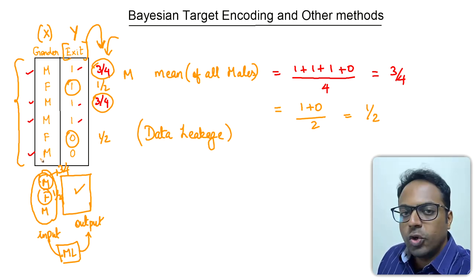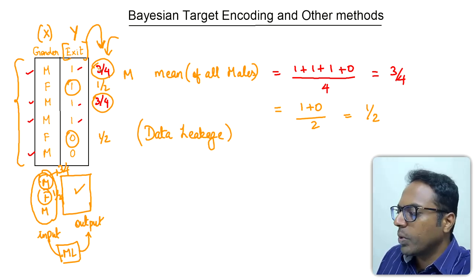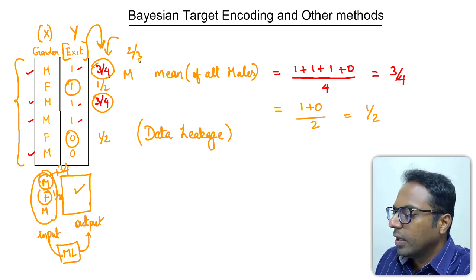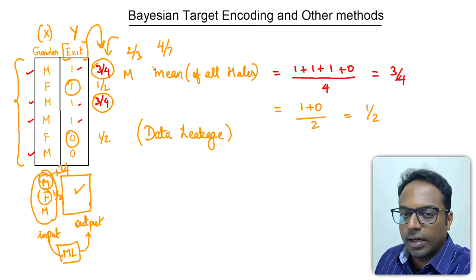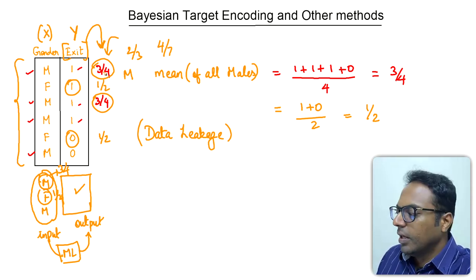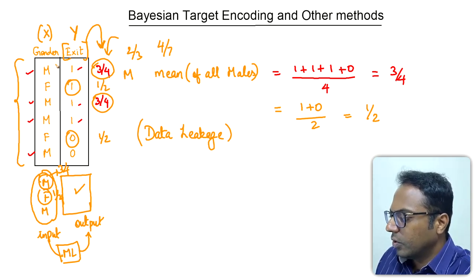Alright. As you accumulate or gain new data, this probability can change with time. Right? This can become, say, 2 by 3. It can become, say, 4 by 7, something like that. With time, this probability ratio can change. Agree with me? So that can cause your machine learning model to perform really